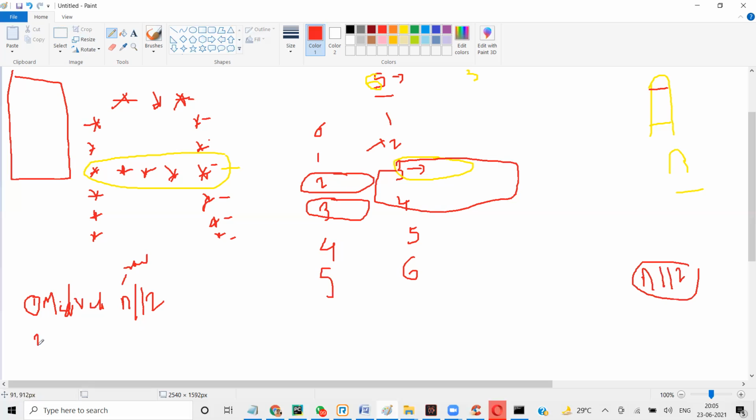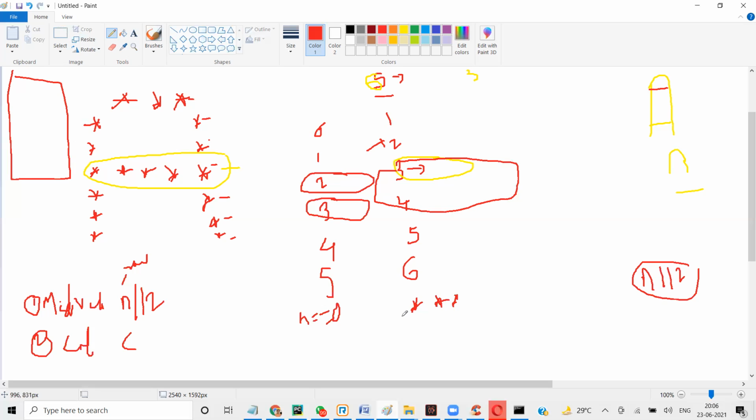Now you have this second. We need a column, let's say, C. Now the logic is, for the first row, if n equals 0, you leave one space and you print C minus 2 number of stars. If we give columns as 5, then we need to print only 3 stars here. If it is 7, we'll print only 5 stars. If it is 4, we'll print only 3 stars, isn't it?